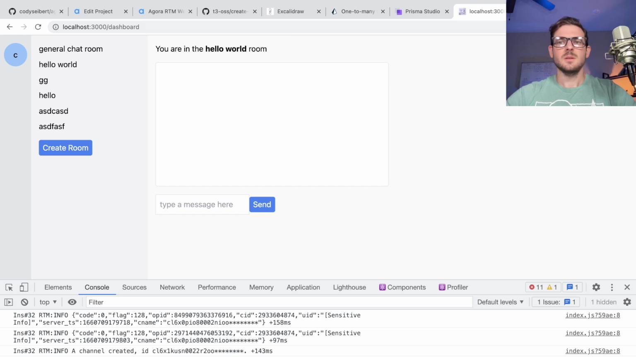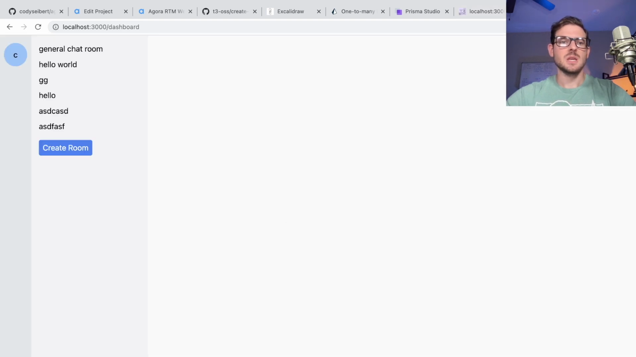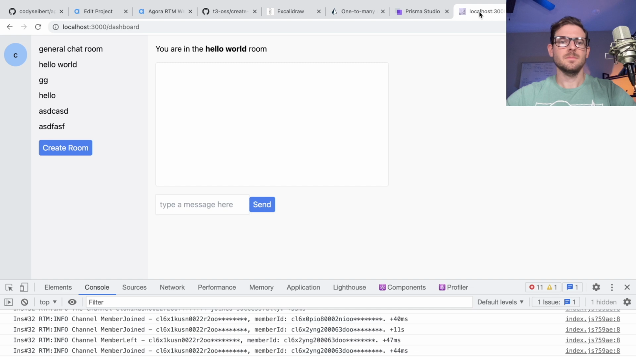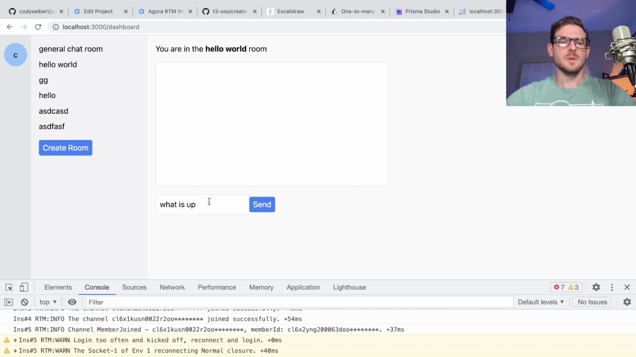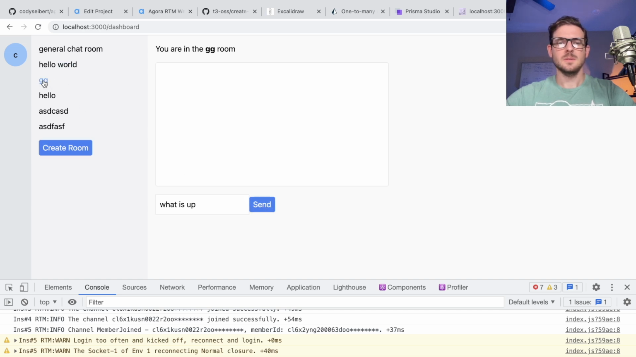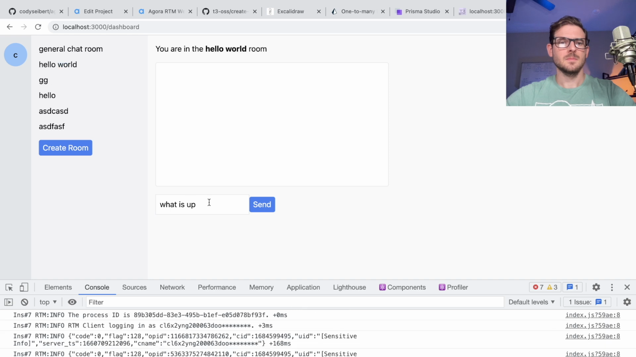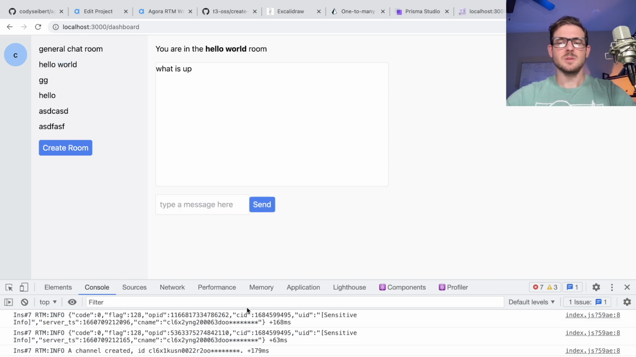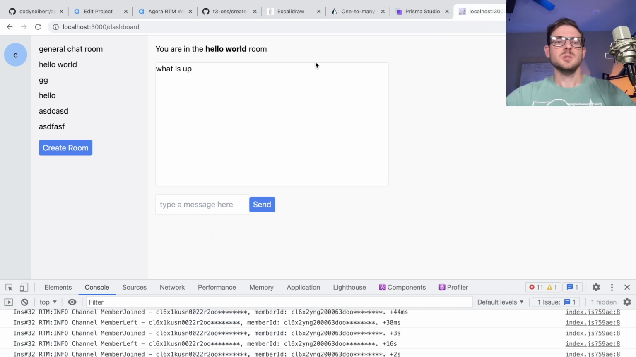One thing you'll notice is that if I log in as Jane again and go to hello world, type in what is up, I'm not sure why that didn't send a message. Logged in too often and kicked off, reconnect and logged in. I guess I was hitting a rate limit of that endpoint, but